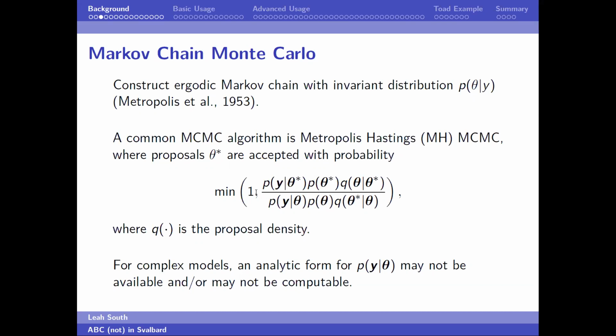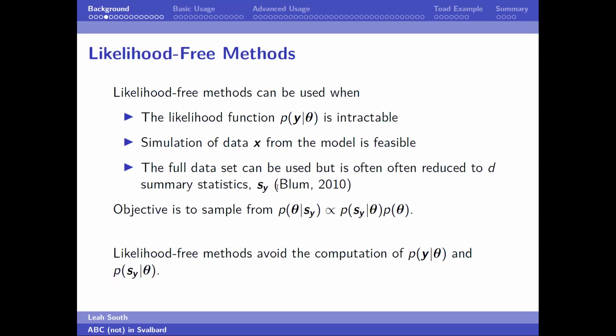So that's Metropolis-Hastings MCMC, and you can see that it does involve the likelihood. As I'm sure all of us know since we're in this session, the likelihood's not always going to be tractable, or it might not be available in closed form, or it could be too expensive. And so that motivates likelihood-free methods where your likelihood function is intractable, but you can actually simulate data from your